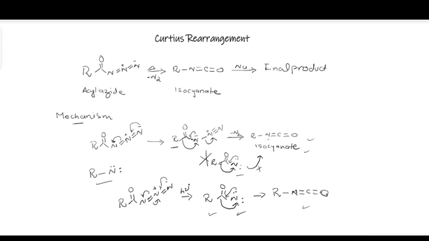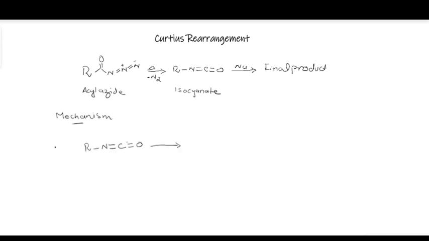So this is actually the rearrangement process happening. Now, as I told you earlier, this isocyanate is not a stable product, it's an intermediate again, and it can be attacked by different nucleophiles to get different types of products. So let's see how isocyanates can react with different nucleophiles and what products would be obtained as a result. So if this isocyanate is allowed to react with water, or it is hydrolyzed in the presence of water,